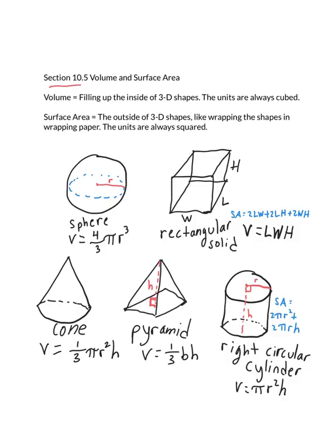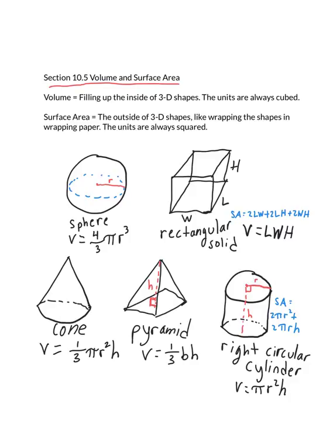Section 10.5 is all about volume and surface area. Up until this point, we've been dealing with shapes in 2 dimensions, flat shapes that only have a length and a width. When referring to doing different calculations about the outside and inside of those 2-dimensional shapes, we were finding perimeter and area. Now we're going to kick it up a notch and talk about 3D shapes, 3-dimensional shapes, which